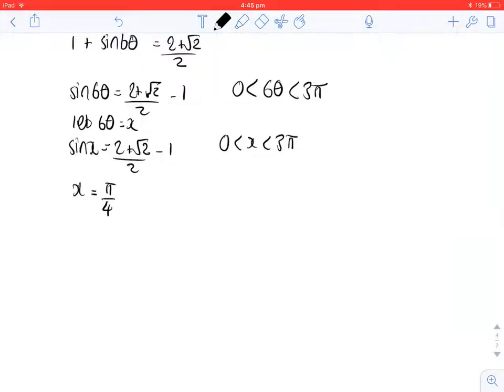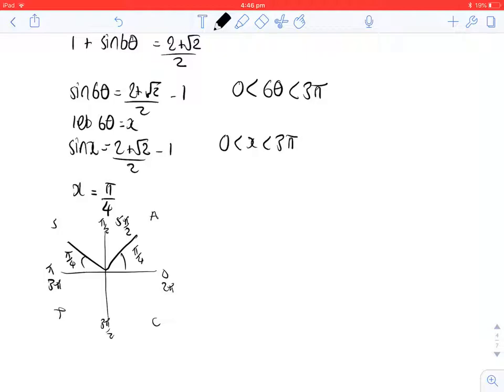And so looking at our CAST diagram, we're going to have 0, pi over 2, pi, 3 pi over 2, 2 pi, 5 pi over 2, and 3 pi. And we're going to stop there. So we are looking at sine being positive, so we are looking in All, pi by 4, and we're looking in Sine, pi by 4. So our solutions of x are going to be pi over 4 as our first one. Then our second one is going to be 1 pi take away pi over 4,